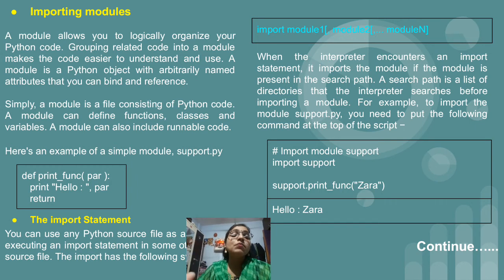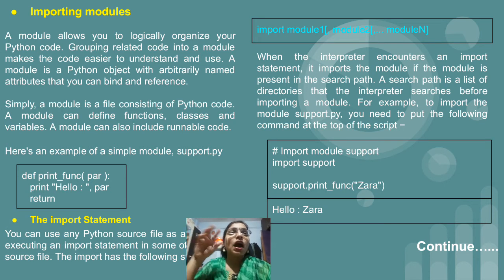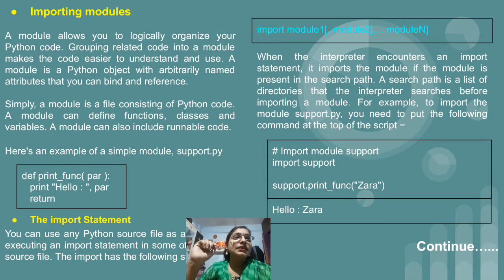Now the next part is the import statement. We have created the module, and now we want to make use of that module in our normal program or the remaining program. Just see the syntax on the top of the second half of the session. Whenever we want to import a module, we have to use the import keyword. After import, just write down the name of the module. It's not necessary that you can import only a single module; if you want, we can import multiple modules. The implementation is given again in the example, that is, hash import module support statement.